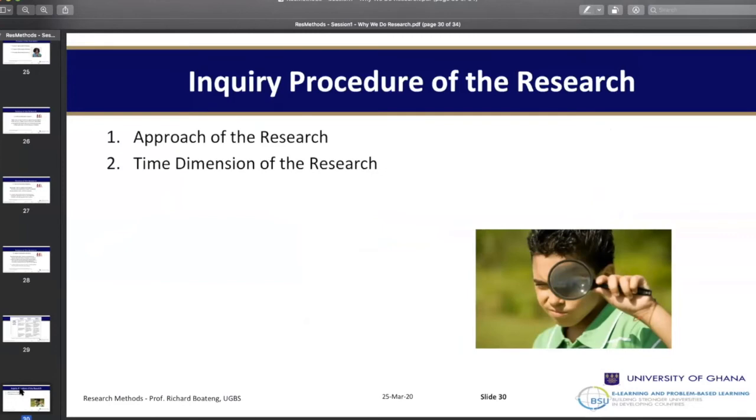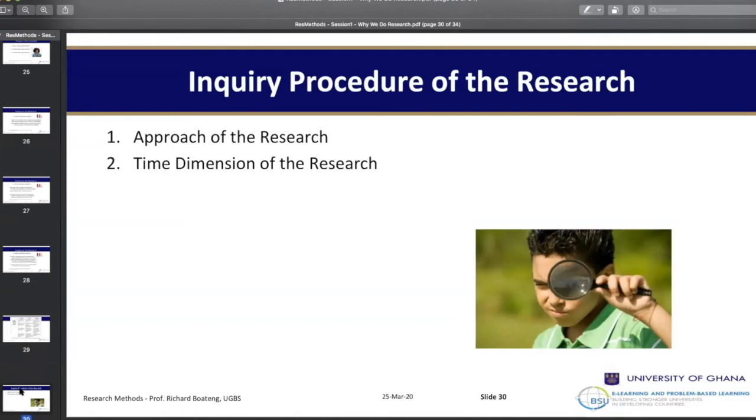Some students do the study as a longitudinal study. That means that they are doing it over time. They will take a set of respondents and ask them questions, and after some time come back to them and ask them questions again, over a span of a period. Or we can do cross-sectional studies like a survey.